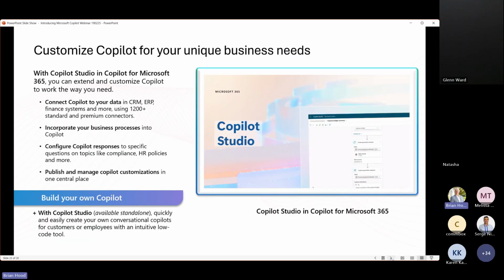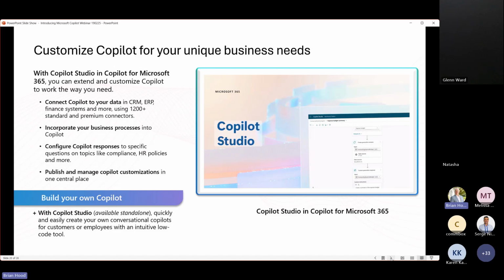Last but not least, and this is where for organisations that really want to get the most out of Copilot, there is what's called Copilot Studio. And Copilot Studio enables you to extend and customise Copilot to work in the way that you need. So think like Copilot integrating with your CRM or ERP finance systems.